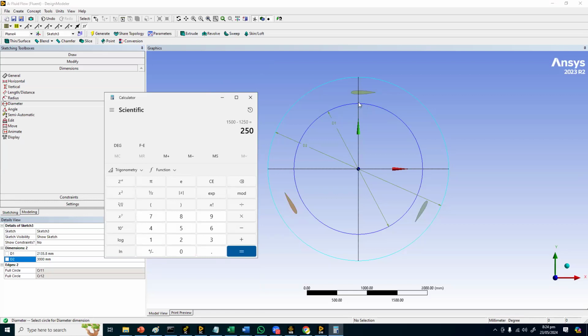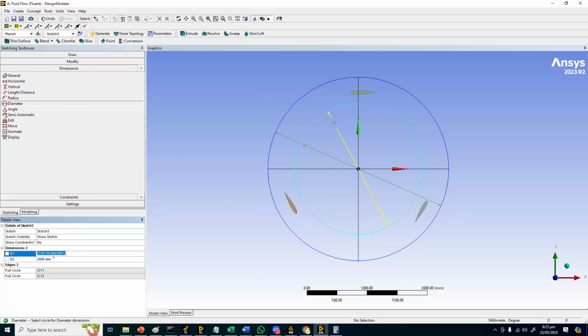So the same distance should be maintained from the inner boundary. 250 means that it should be 1250 minus 250, which is equal to 1000. So 1000 double will be 2000. Like this. Okay. So this is the domain. We are creating actually two curves here, and from these two curves, these two sketches, we are going to create